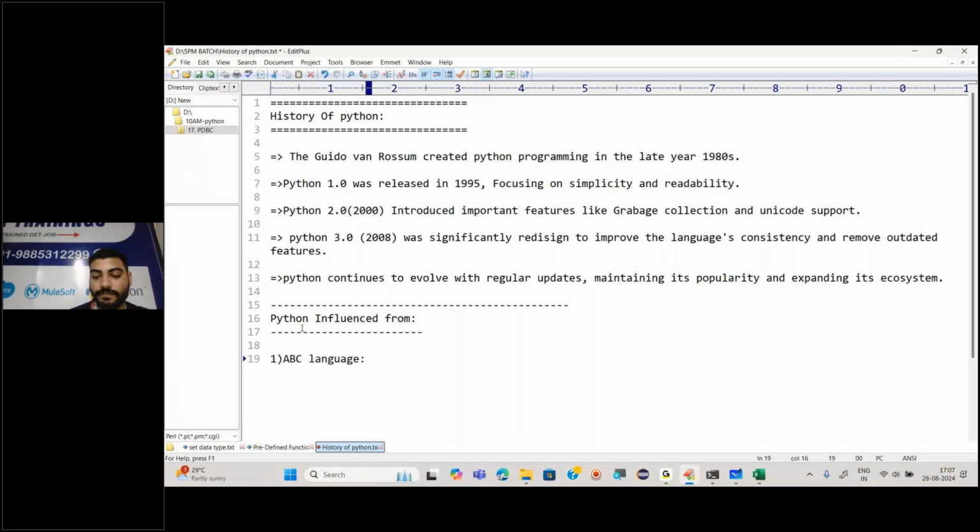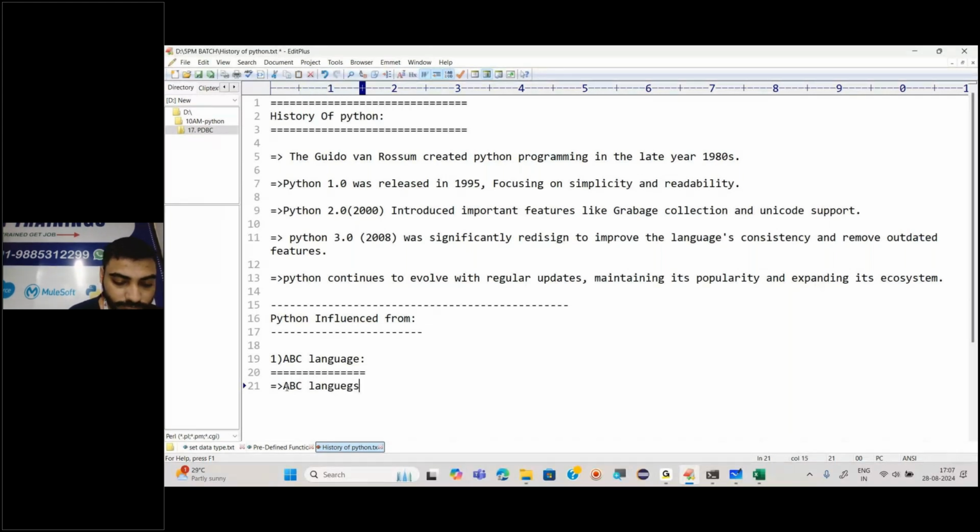Okay, what is it? ABC language, right? It is not existing nowadays. Python got influenced from the ABC language because of the syntax and the design principle it had, actually.